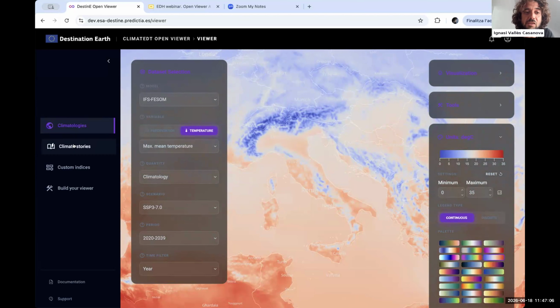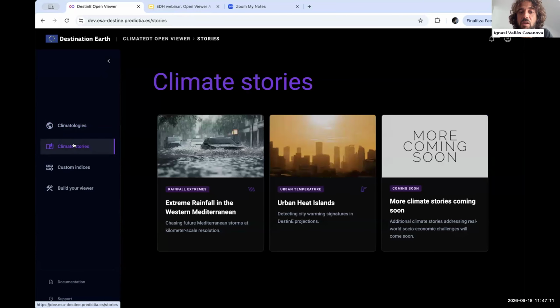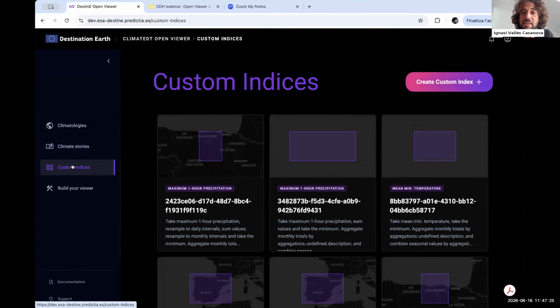Another section is the climate stories, where we show some climate stories that only this type of kilometer scale model can resolve. It can be extreme precipitation in the Mediterranean and northern Ireland. But where I want to go is the custom index section. This section is where the user can interrogate the data viewer for indices that we don't have in the climatologies.